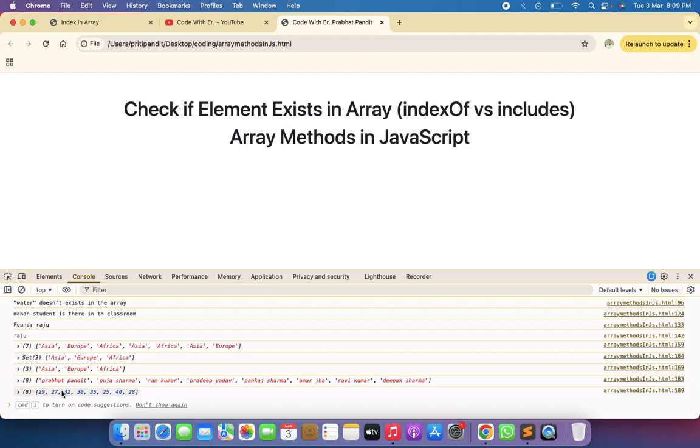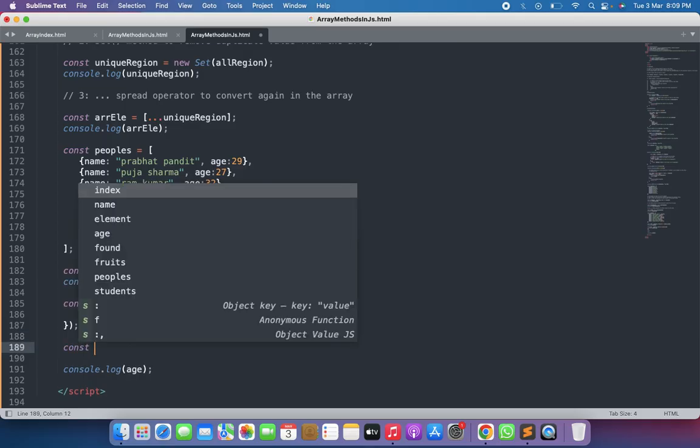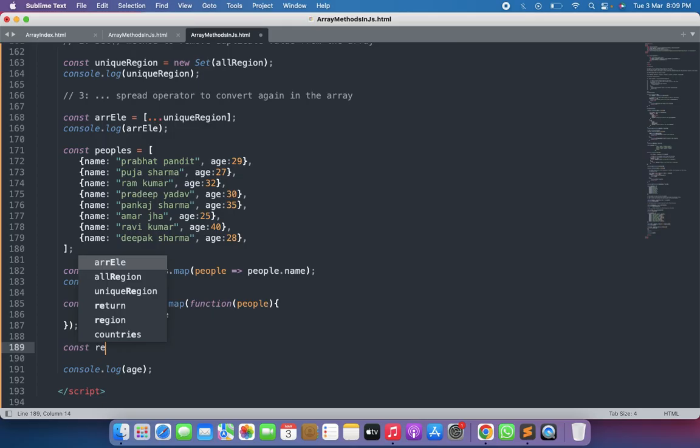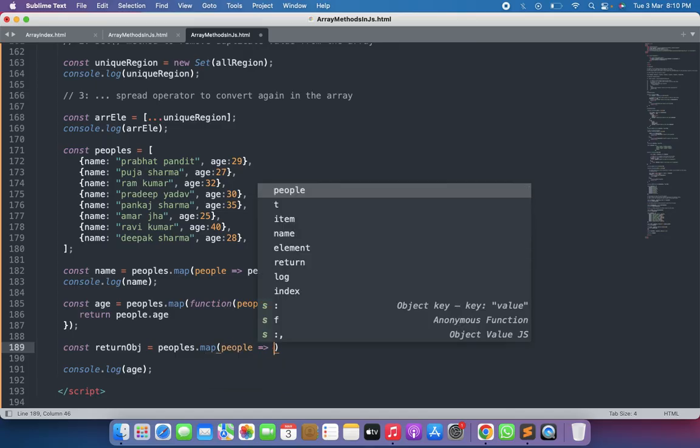Okay, so we can return the object as well. Let me say const, and I can say return obj, which means object. So I'll say peoples dot map, and I'll return the object this time. Guys, this time I'll return the entire object. So I'll use the arrow function this time,